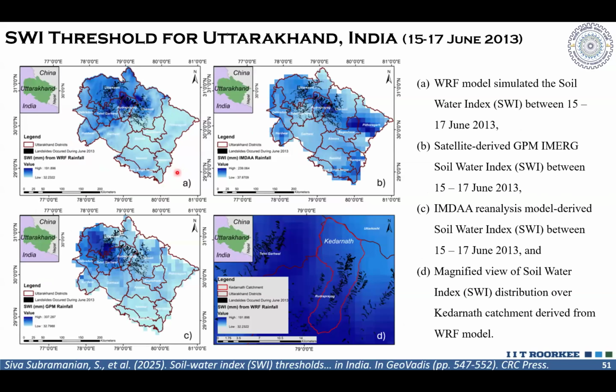So we need to test whether the soil water index, which we believe is working very well in Japan, will be applicable for forecasting landslides in Uttarakhand, provided we have an understanding of the thresholds as well as the mechanism of debris slides and debris flows in the Himalayas. We used different input rainfall data sets, from numerical weather prediction models and some reanalysis data sets that are available from IMD, the IMDA from NCMRWF, and also the global precipitation dataset, GPM rainfall.